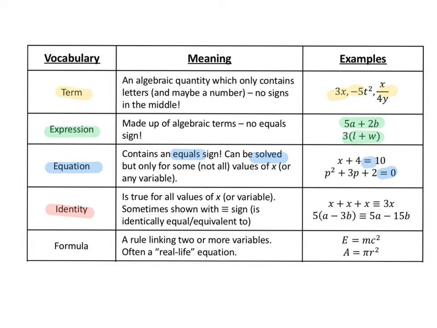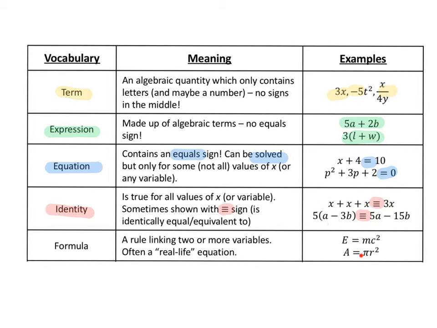Then we have an identity. Identities are represented by this symbol here. It looks like an equal sign, but it's got 3 dashes. And what it means is that it's true for all values. So the thing on the left is equal to the thing on the right, and that's true for all values of x. So 3x is always going to be